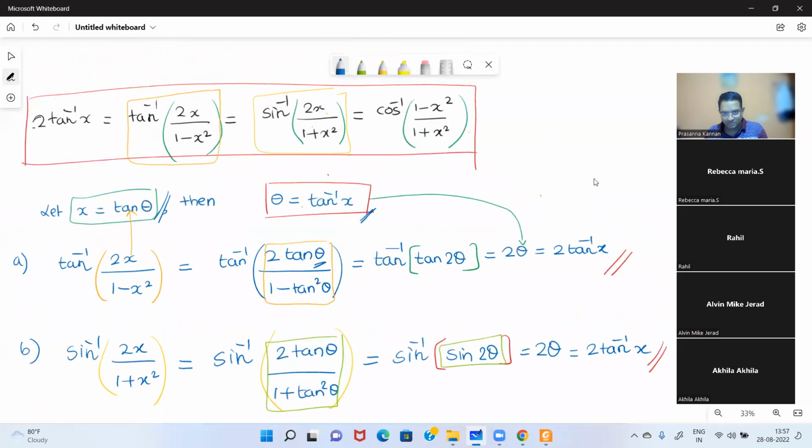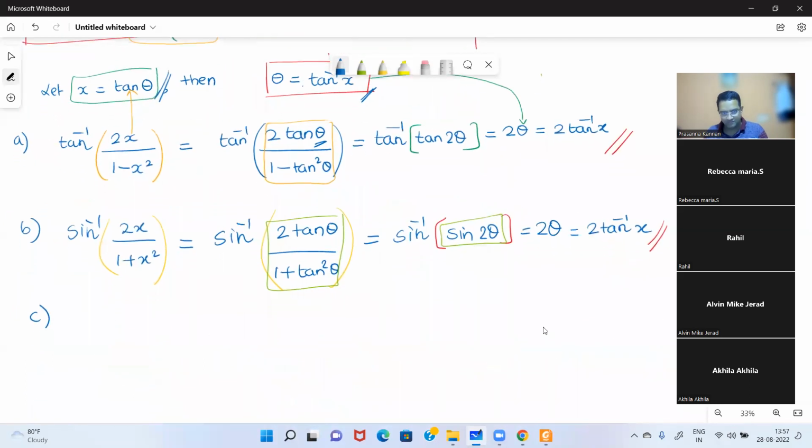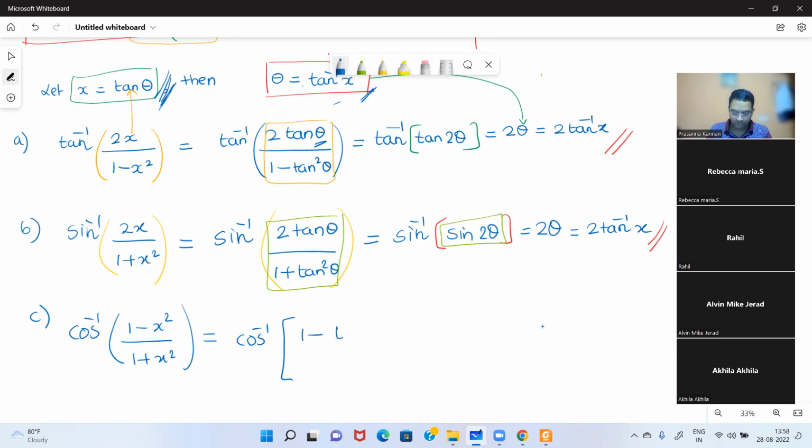So let's do the last part. 2 tan inverse x is cos inverse of 1 minus x square by 1 plus x square. So we'll take the RHS, which is cos inverse of 1 minus x square divided by 1 plus x square. We write it as cos inverse of 1 minus, what is x? Tan. So this will be 1 minus